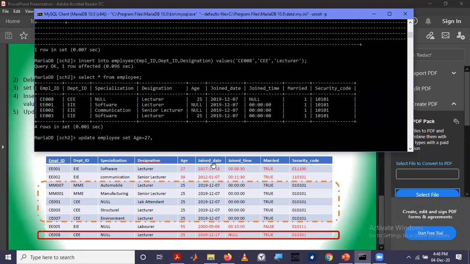The join date: the existing one is this one, and we are going to change it to this one.